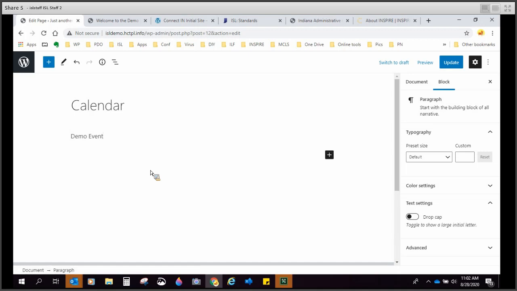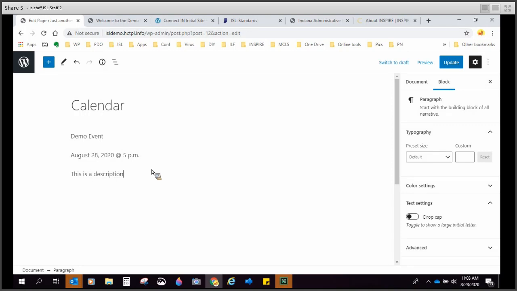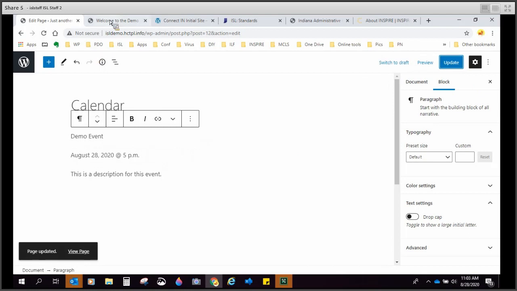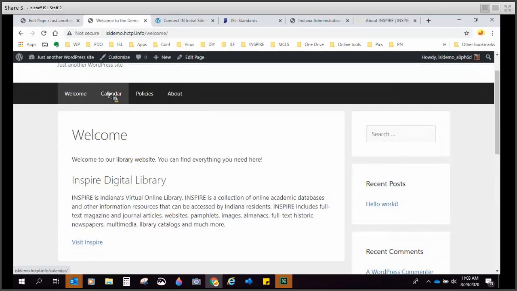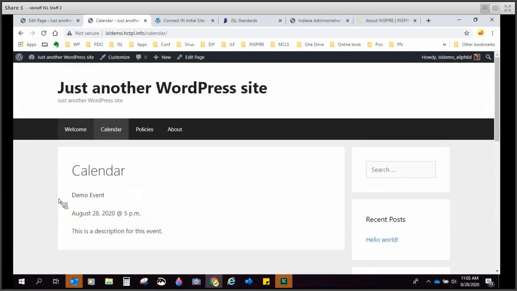We'll just say demo event, and then I'm going to hit enter, and we're just going to type in a date. So we'll say August 28, 2020 at 5 p.m. And then we can put, this is a description for this event. So now I'm going to format this, because if we hit update and look at that page on our site, and we're going to have to choose calendar from the menu,